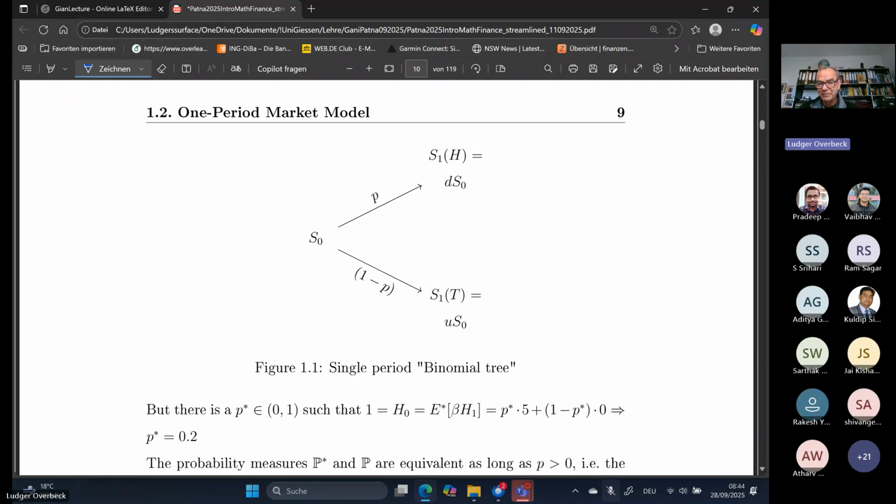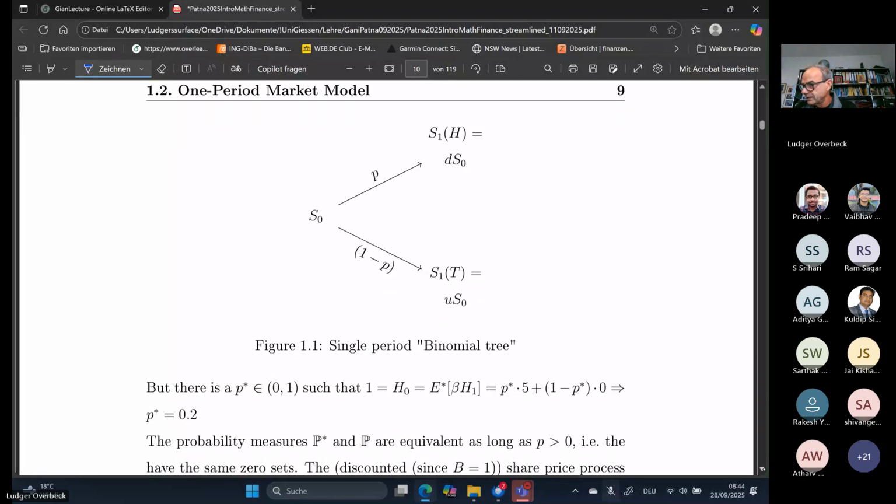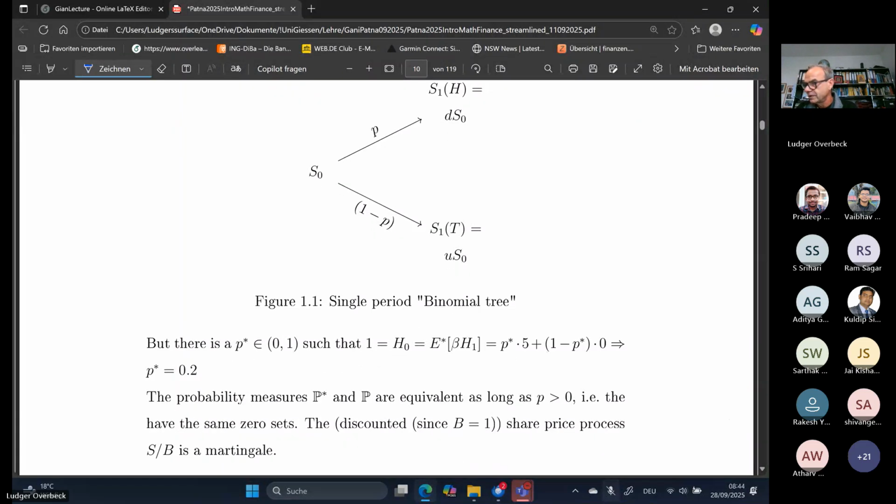It's just a reinterpretation of this value 1: the expected value of the option payout at period 1, namely 5 and 0,